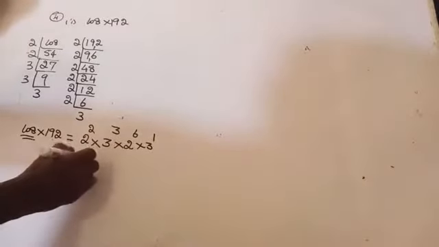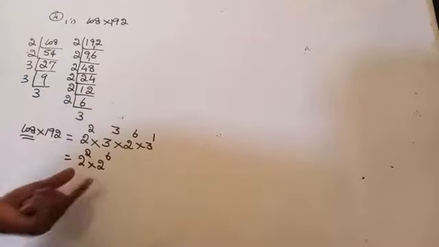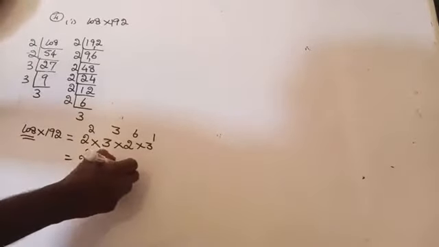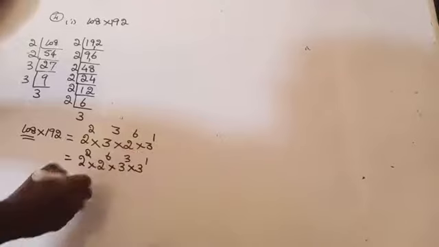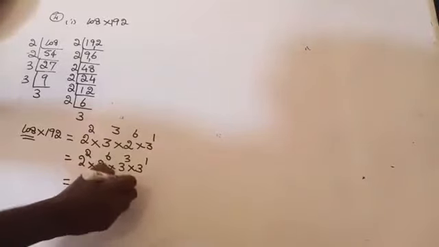Now, again, 2 power 2 into 2 power 6. That means here we have the same base but different exponents. So a power m into a power n we can write as a to the power m plus n. That is 2 to the power 2 plus 6 into 3 to the power 3 plus 1. Am I right here? Yes. So 2 to the power 2 plus 6 is 8, into 3 to the power 3 plus 1 is 4. Here we expressed the given number as the product of primes and also got the answer in the exponential form. Are you getting there?